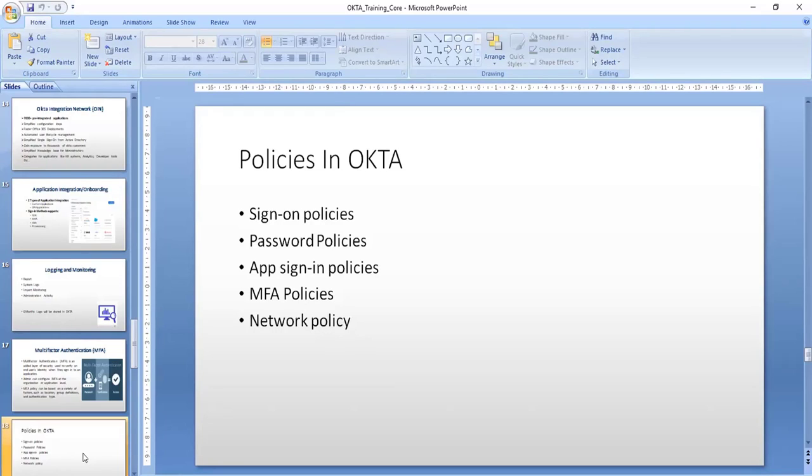Let's say there is another scenario: if he is coming from outside the office location or predefined IP address list, he cannot access some applications, for example, the confidential applications. He cannot access that confidential application if he is trying to access it from outside the office network. So these are some additional network policies that you can define.